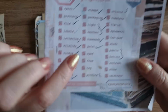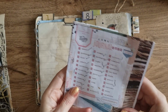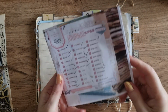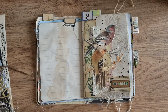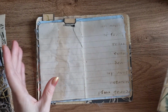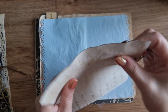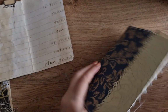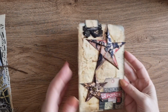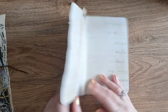And today's prompt was aged. Now, there were lots of ways I could have thought about this, and realistically, I don't have an exact idea in mind. I just pulled some stuff, and we're going to take the page out. I'm putting it on the back of this page because it's got a bit of stability, and we're going to need that, I think. I mean, this looks aged anyway. It would have worked brilliantly for that, but